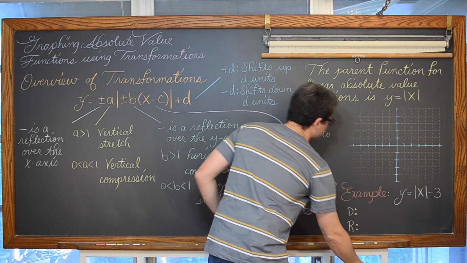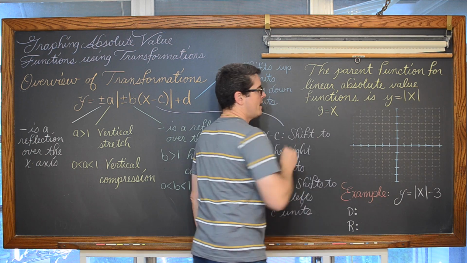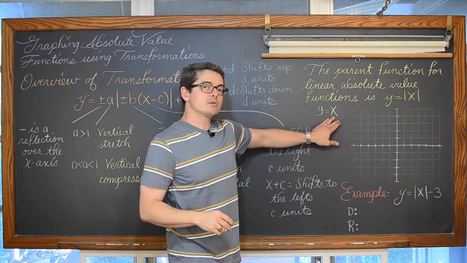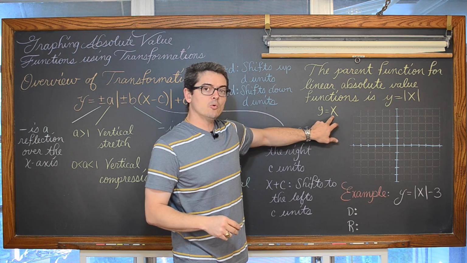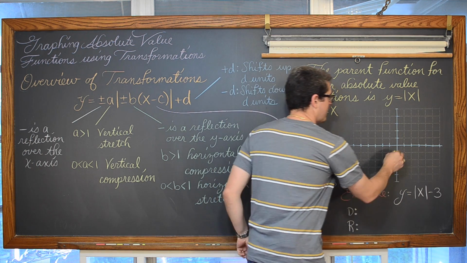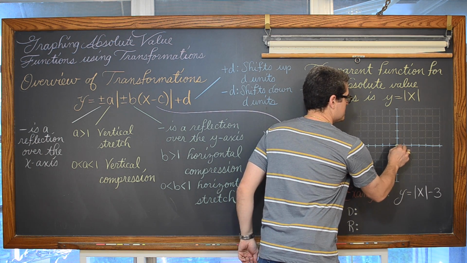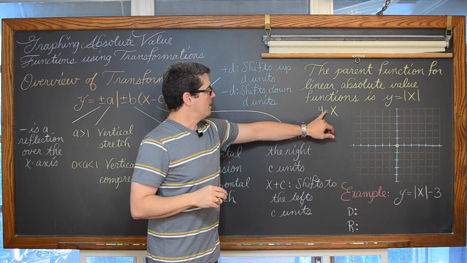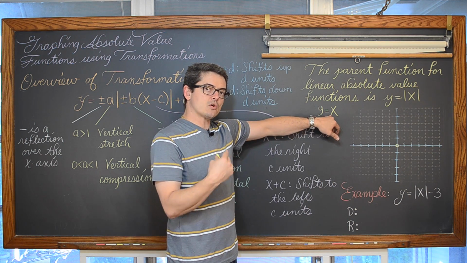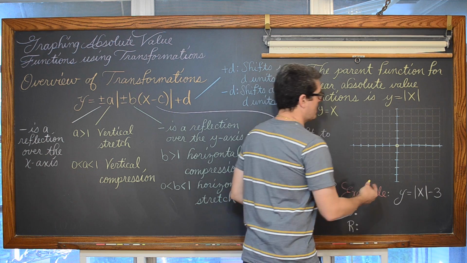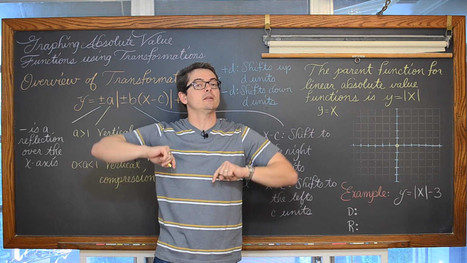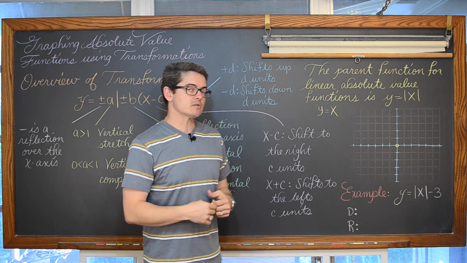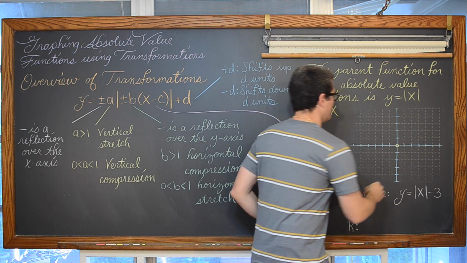So if you want to graph y equals x, that line is going to have a y-intercept of 0 and a slope of 1. So we're going to put a dot here at (0, 0) for our y-intercept of 0. The coefficient of x, or m, is equal to 1. If you're not sure about graphing lines, I'll put a link to graphing linear functions, or y equals mx plus b, down in the description of our video as well.